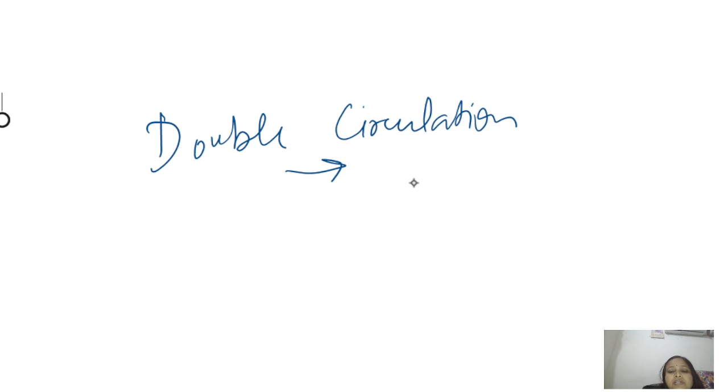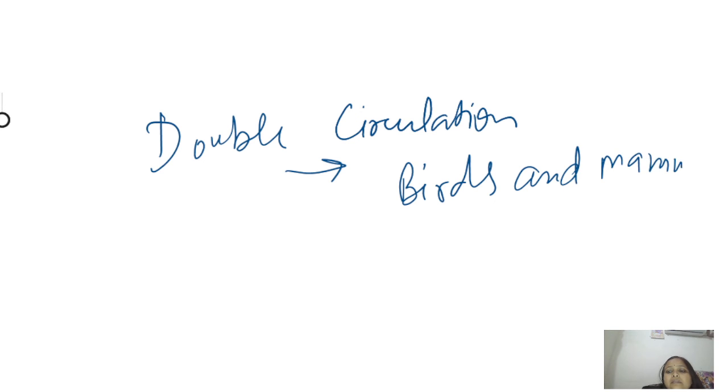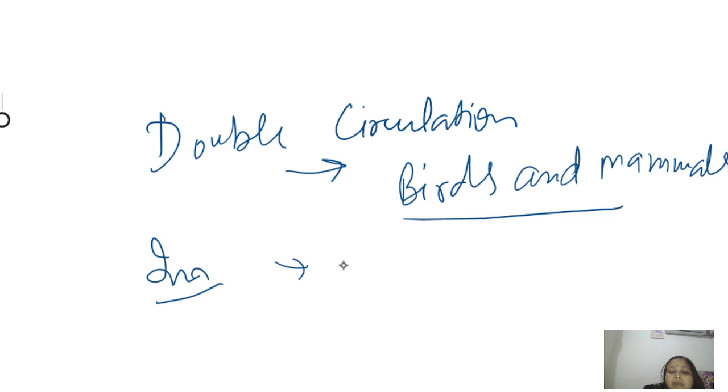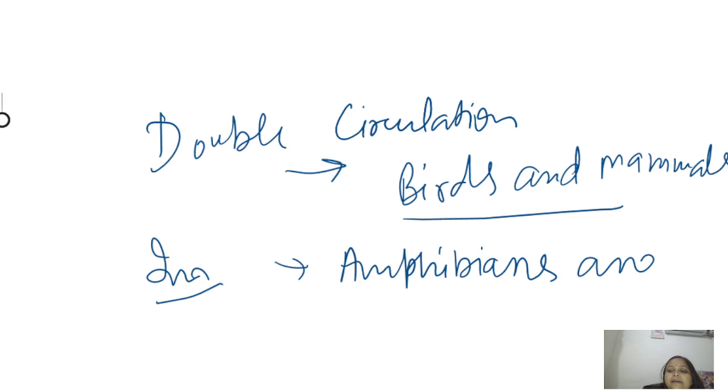Such type of circulation takes place in birds and mammals. Okay. In frogs, amphibians, and reptiles,